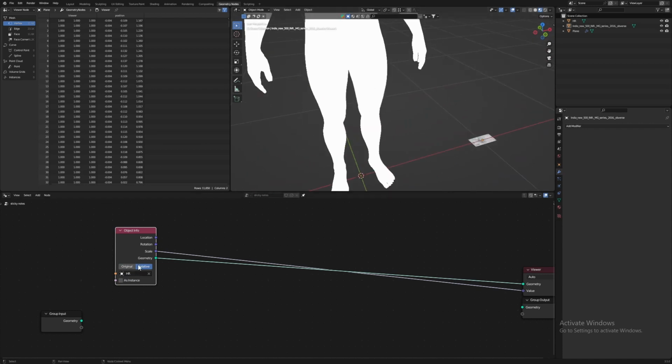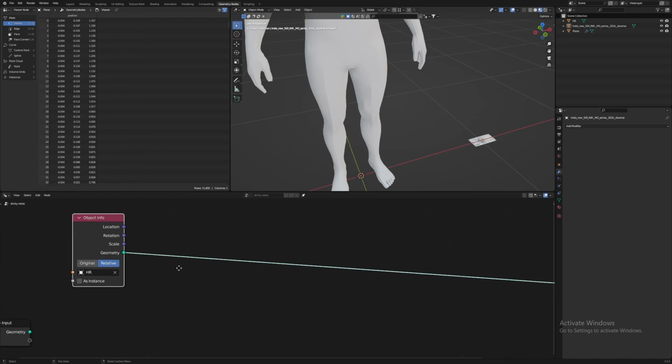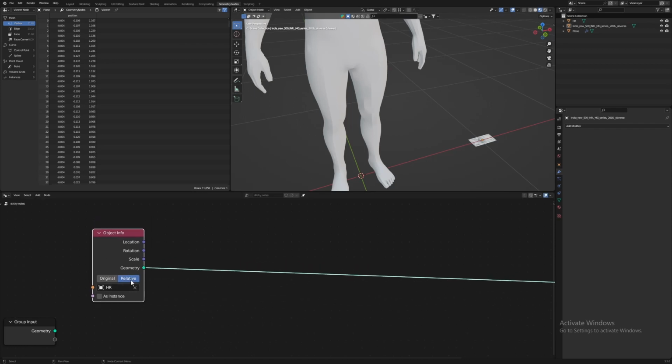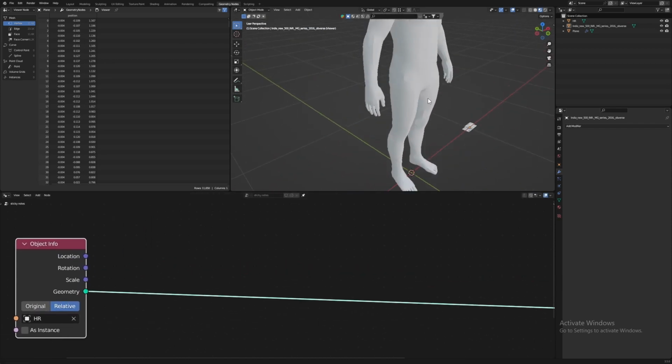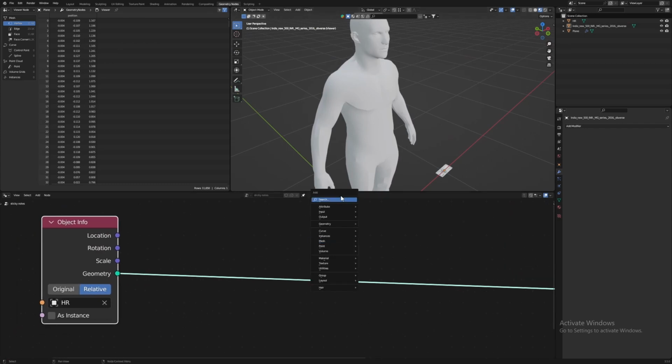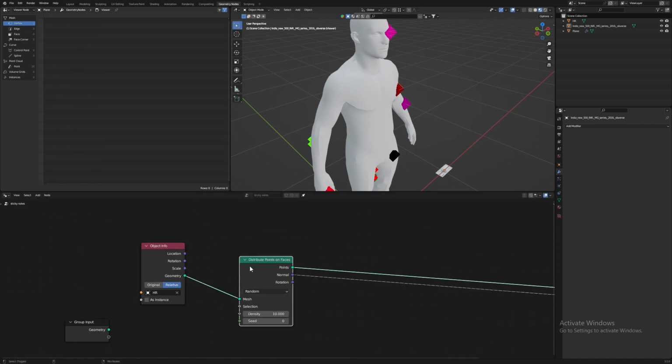Now this part, original and relative, I actually do not have any idea why this is happening, or what original and relative are. I have seen so many tutorials, so that is why I'm using relative. So the next thing I want to do is, we have to have some points all over this body. There are so many things. One good thing we can do is distribute points on faces. So as you can see, there are so many points,